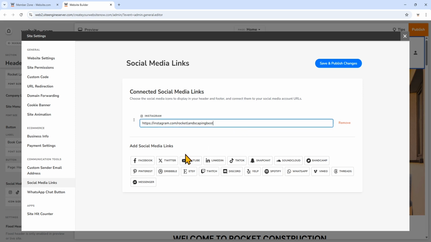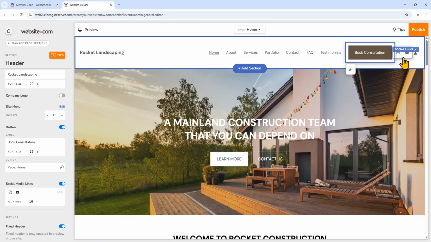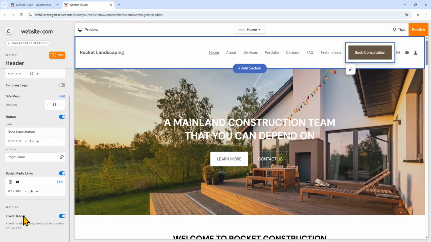For example, I might want to add YouTube. Once I have those social media links added, we'll click Save and Publish Changes. Now we can close that. And you can see that those icons have changed already in the header. And just a note, if you have social media links toggled on for the footer, these changes will also apply to the footer.